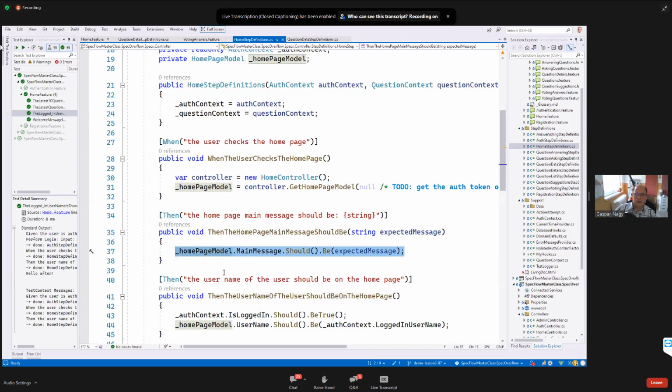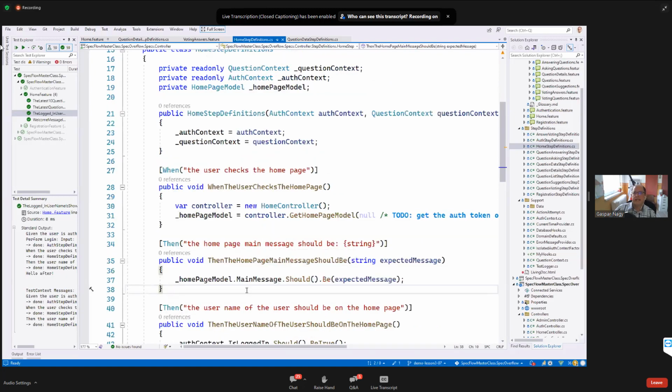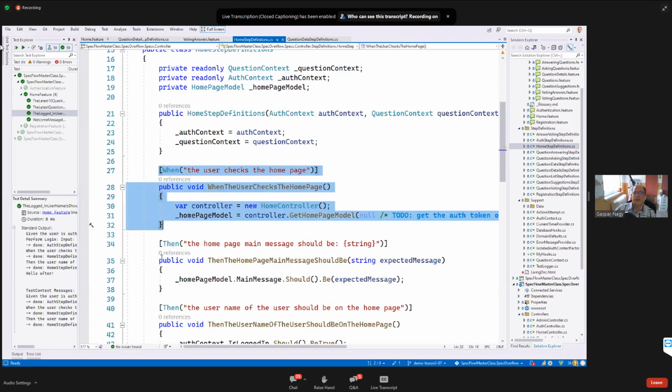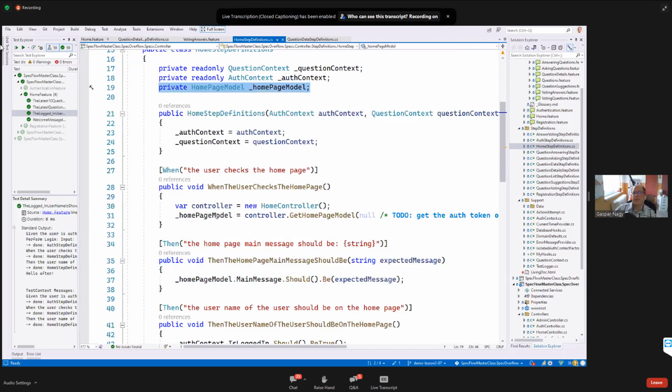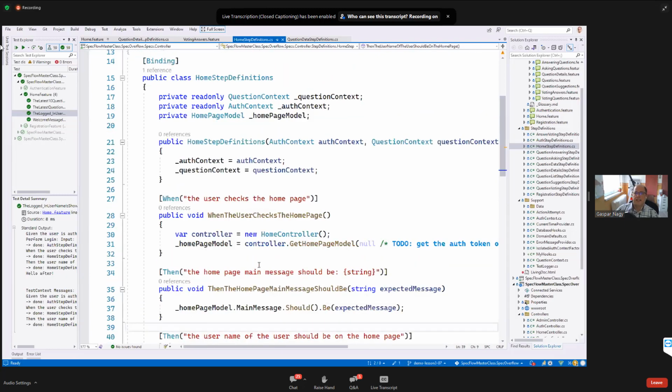Okay, so that's a basic way of data or state sharing. In this case, the two step definitions that wanted to share the data were sitting in the same class, and declaring a private field and setting the private field on one hand side and reading the private field on the other hand was a solution that we were using here. And the good news is that this is an absolutely safe solution. When I say safe,